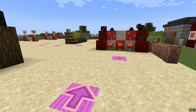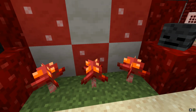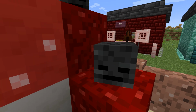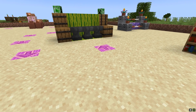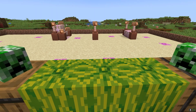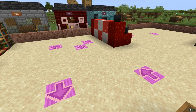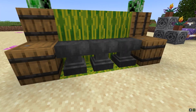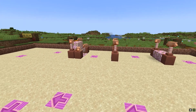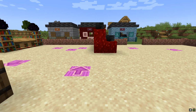And now we go for a mushroom jump, and I've used the nether skeleton heads to decorate this. That's rather good. And then with the arrows we've got a choice of directions that we can go in. We can come over the melon jump with the barrels and the creeper heads, and then when we get over here we can either go back over the mushroom jump